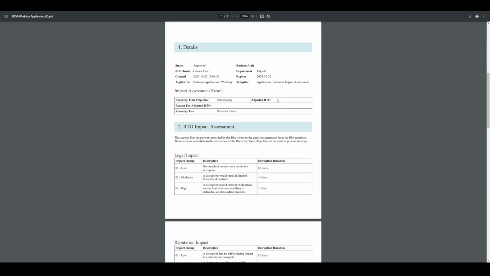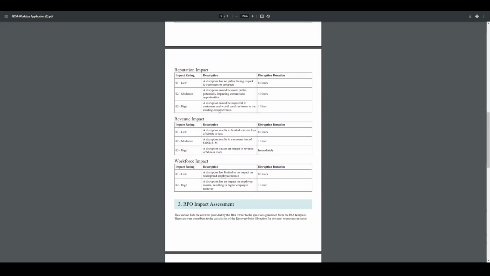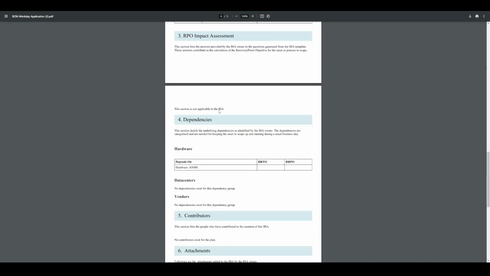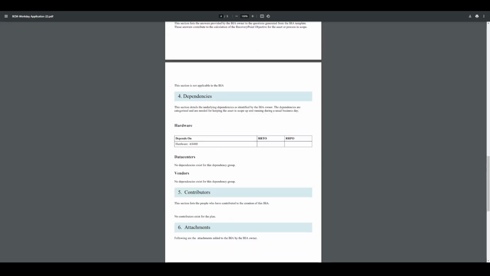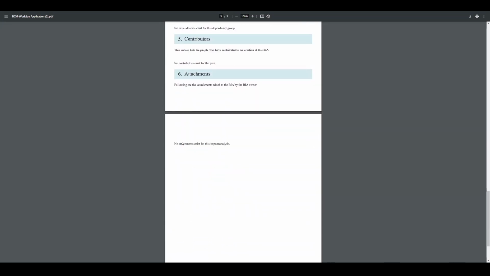If you have an adjusted RTO value that you would like instead, you can show your recovery tier. It'll show you all the assessment impacts you made, any dependencies that you brought in. For us, we brought in the hardware, AS400. In this case, we do not have any specific RTO or RPO for that hardware,